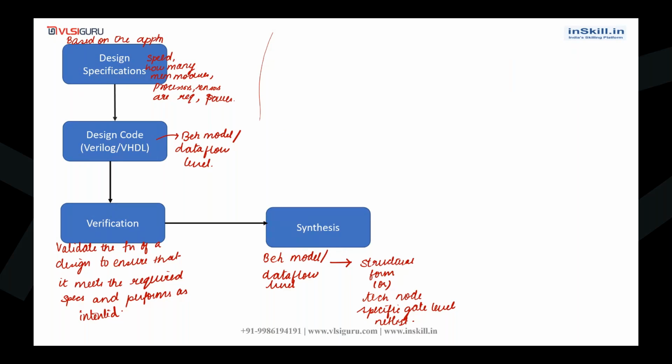And after that, we have the design for testability team, DFT team. So DFT team, we insert some test structures into the design during the pre-silicon stage to facilitate